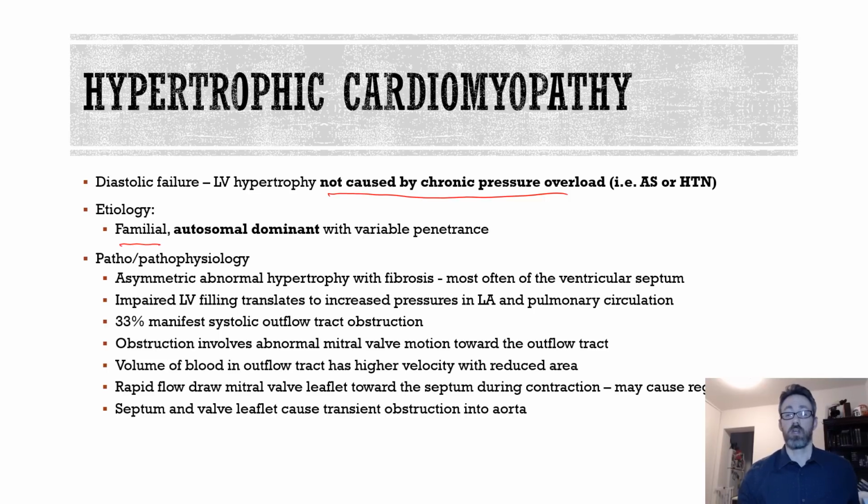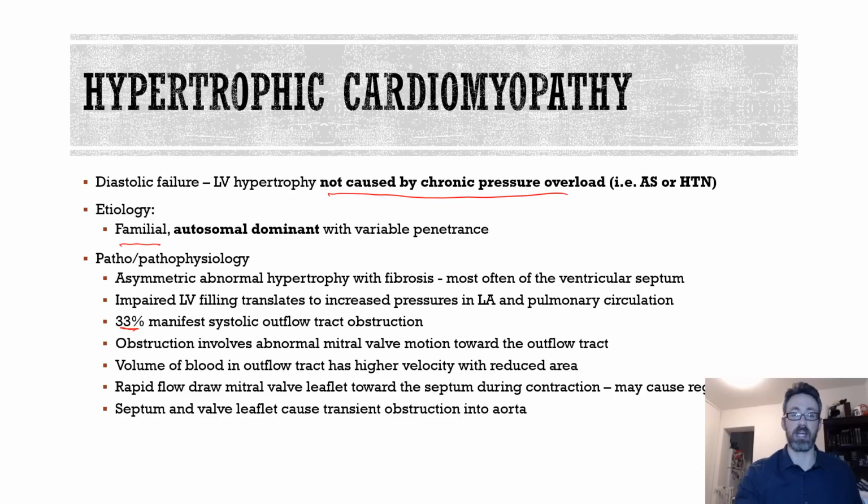Basically, what's happening is you're getting abnormal hypertrophy when there shouldn't be any hypertrophy or any compensations per se, and then the muscles are laid down in a disorganized, disarrayed fashion, and not in a coherent, cohesive way that would be conducive to a good compensatory mechanism. And it can happen, most often, in the septum of the ventricle or along the lateral wall, or basically anywhere in the muscle, to be honest. It would usually show a focal thickening of the wall, but it could be more diffuse. Now, importantly, 33%, or about a third, manifest